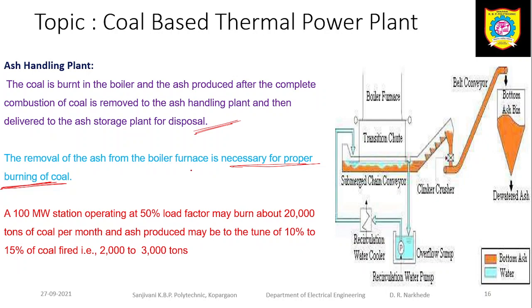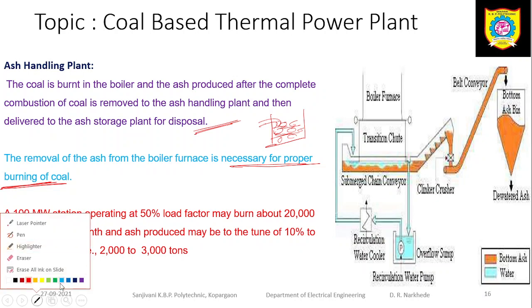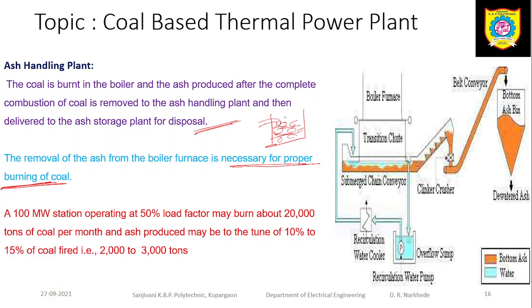Okay, so if I am not going to remove the ash from my boiler, combustion does not take place. Okay, क्यों, क्या होने वाला है इस केस में, जैसे आप ये बॉयलर है उसमें आप कोयला डाल रहे हो, बर्न हो रहा है, कोयला बर्न होने के बाद में उसमें ऐश प्रोड्यूस होने वाली है. ओके, जो ऐश प्रोड्यूस हो जाती है तो क्या होगा, that will cover the coal. ओके, जैसे ऐश प्रोड्यूस हो जाएगी ना, वो उस कोल को कवर कर लेगी. उसके बाद में आप अगर कोयला भी डालते हैं तो it does not burn properly because it is already covered by the ash. So I need to remove this ash.